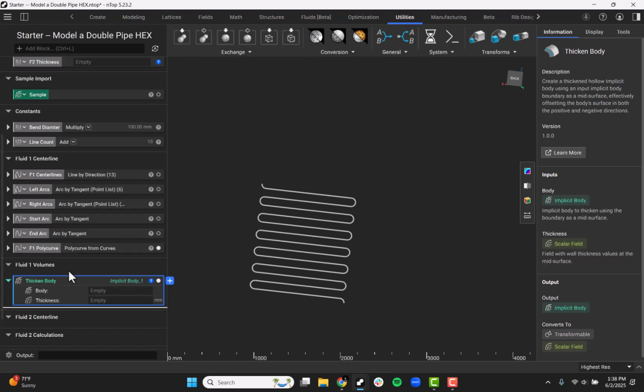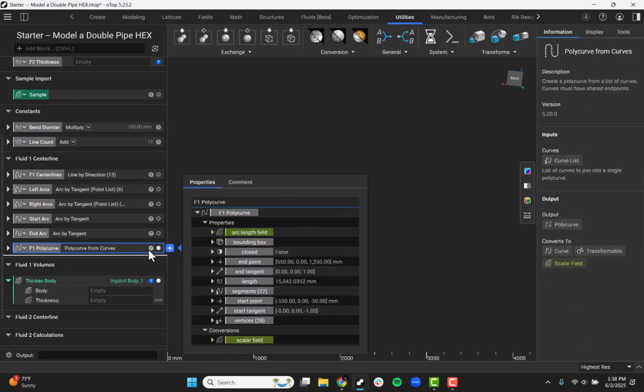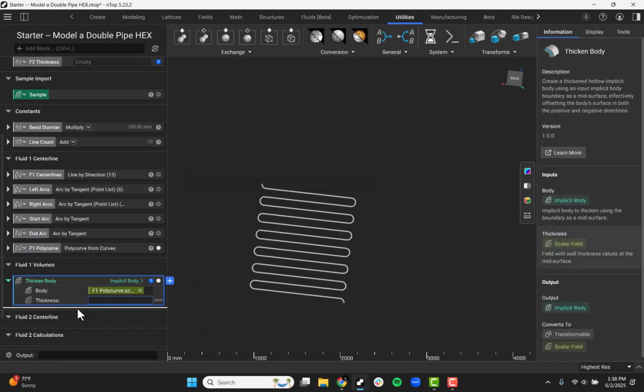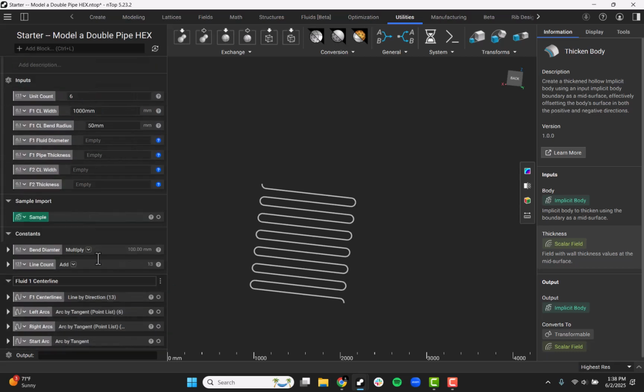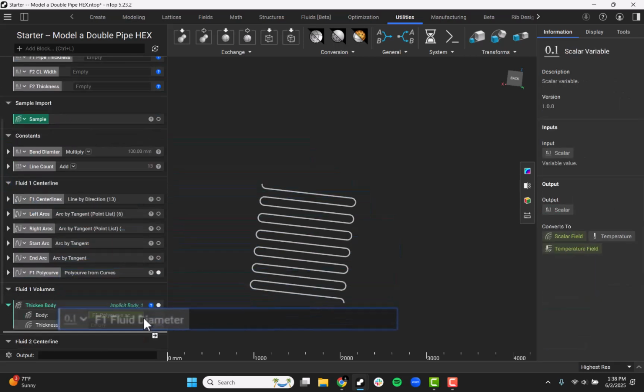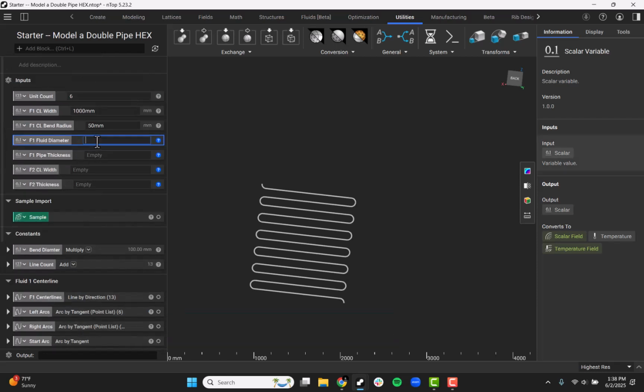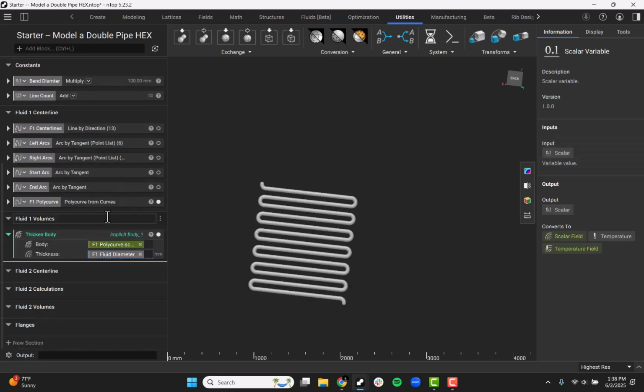So I'll load in a thicken body to start with, and because we don't have an overload for an implicit body inside of our poly curve, we can't natively drop it in to thicken, so I can just take the scalar field inside of the properties, use that as a body for thicken body, and then for our thickness here, we can go ahead and we can actually use the fluid 1 fluid diameter, which is going to be at our top. And the value that we can use for that input to actually start with is going to be 50 millimeters to start. So I'll go ahead and add in 50 millimeters up here at the top,